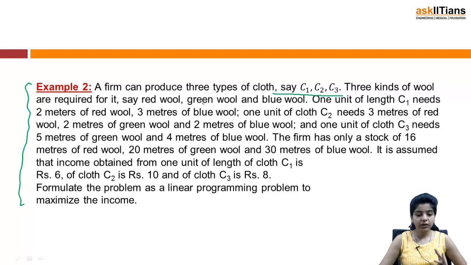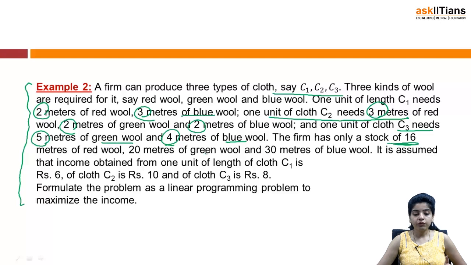One length of C1 needs 2 meters of red wool, 3 meters of blue wool, and 1 unit of C2 needs 3 meters of red wool, 2 meters of green wool and 2 meters of blue wool. And then similarly for C3 the requirement is 5 meters of green wool, 4 meters of blue wool. The firm has a stock of 16 meters of red wool, 20 meters of green wool and 30 meters of